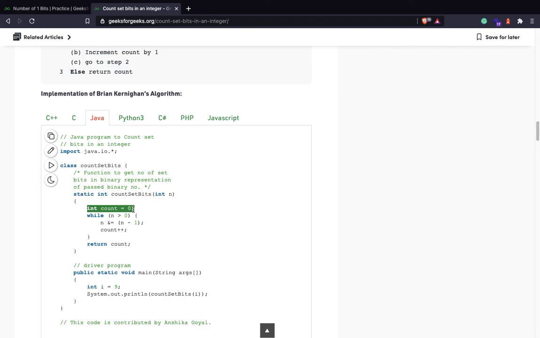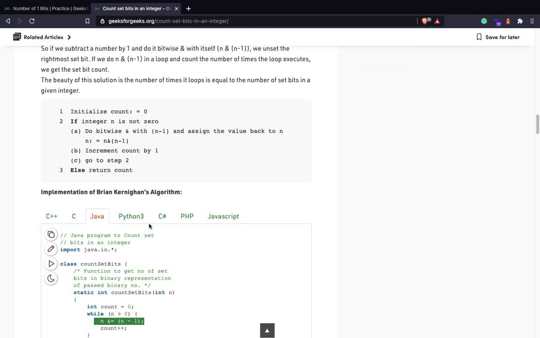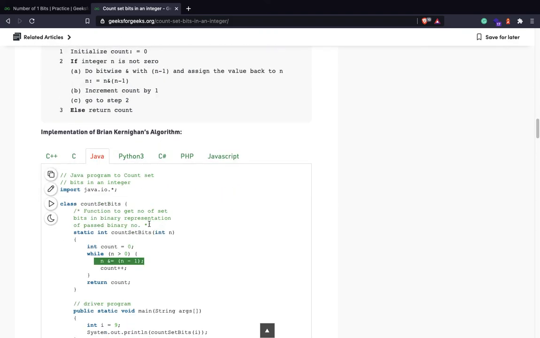We'll use a variable called count and do n &= n - 1. What this will do is unset the rightmost set bit. It will not make changes to any other set bit present on the left hand side.